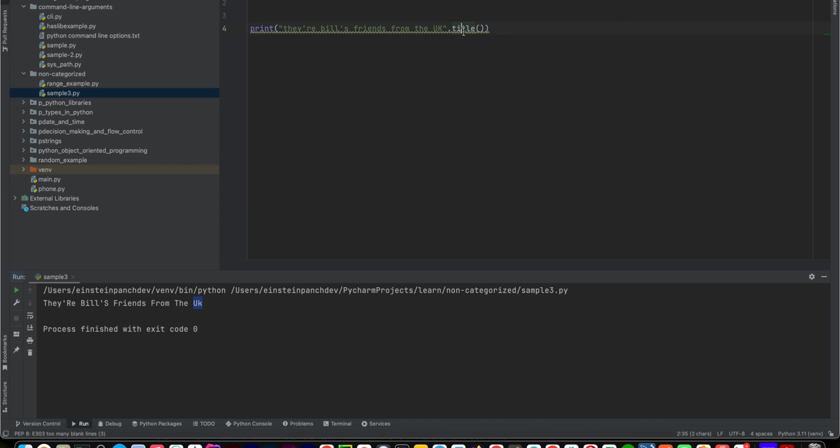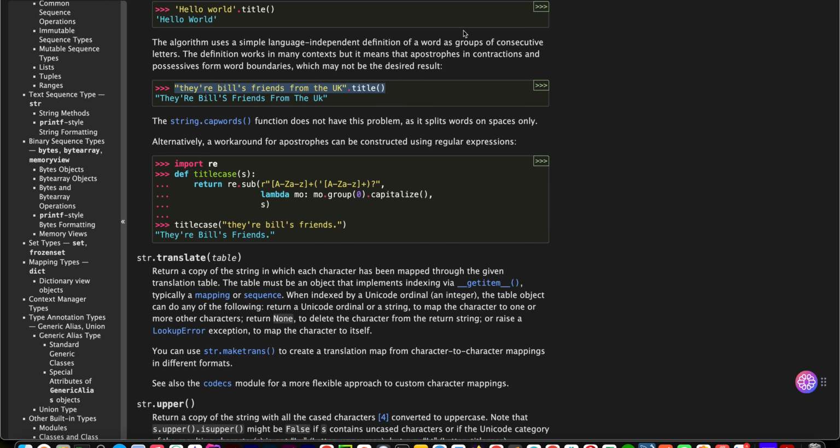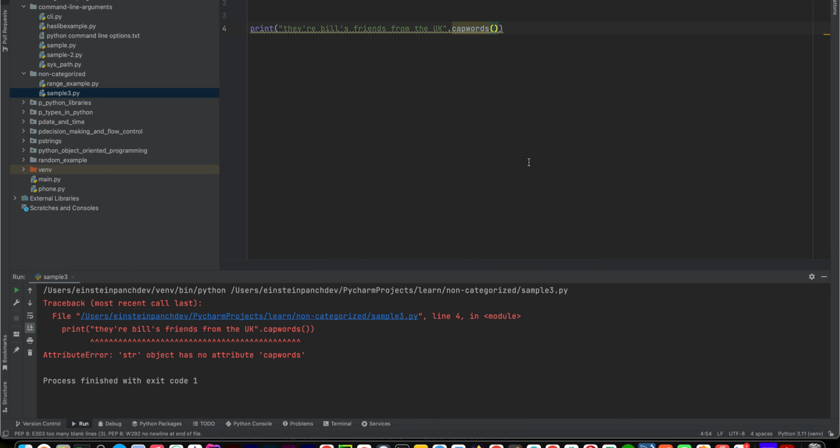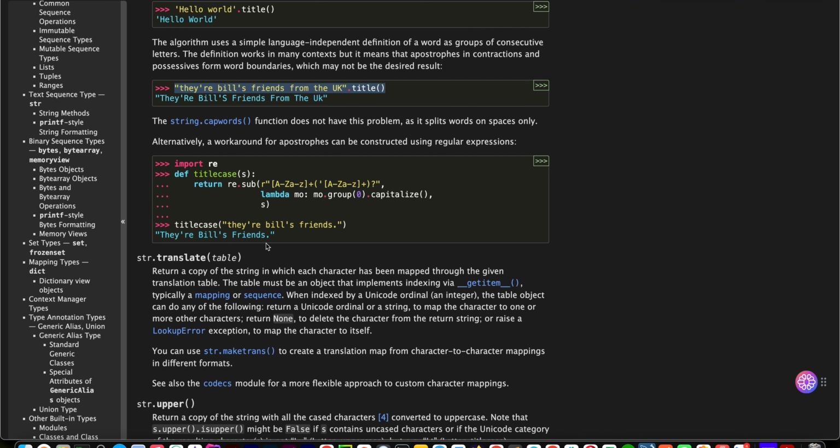capwords. Okay, it is not in capwords. Okay, this is not it, import re